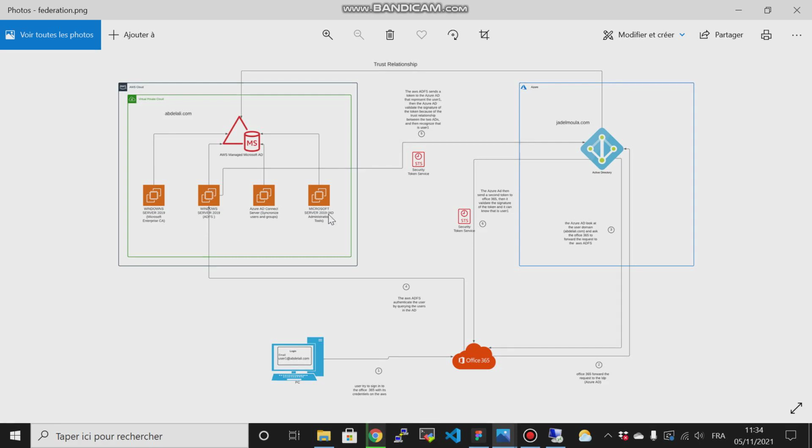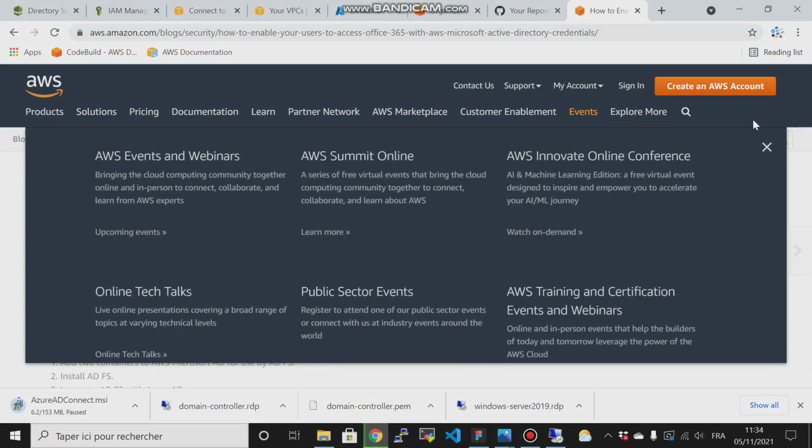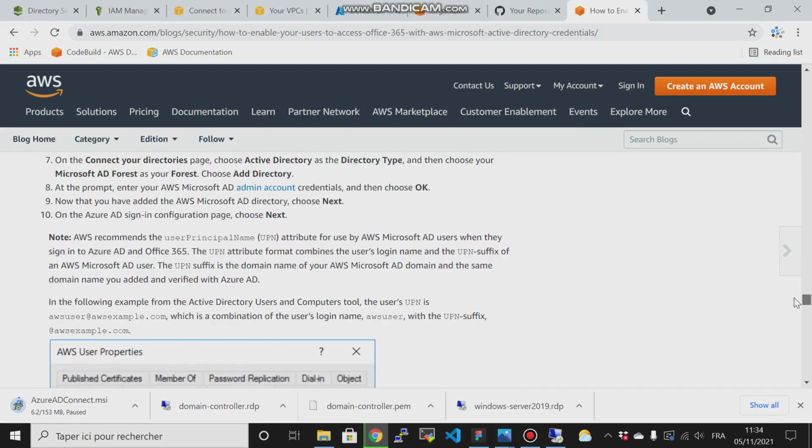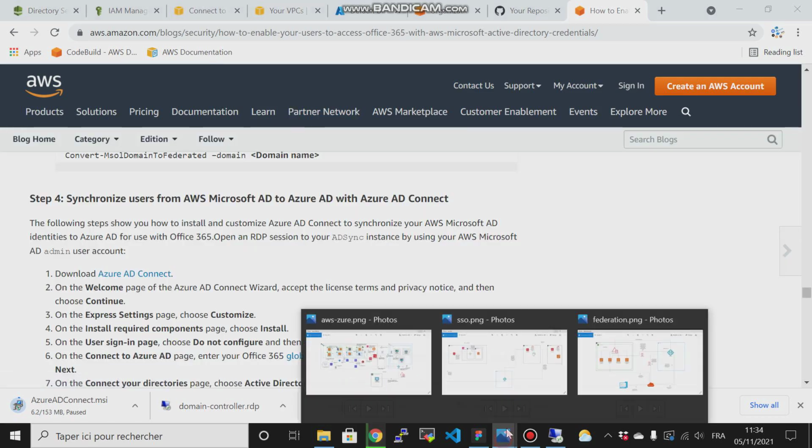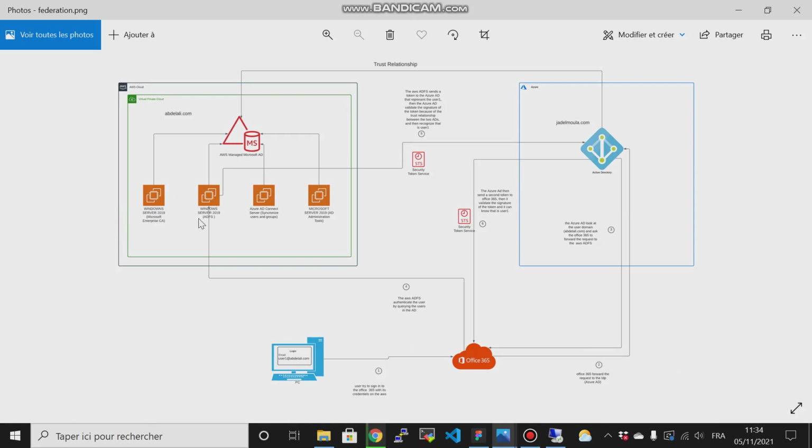I have shown you that as well, and the AD administrator tools. I have shown you how you can do that too. Then the AD Connect server as well. I have shown you how you do that by installing this software that is shown here, right, to synchronize users. So this one will allow you to synchronize users, and this one will allow you to authenticate users to your